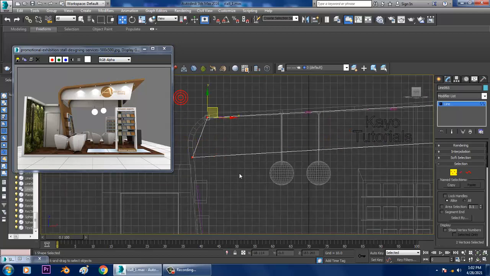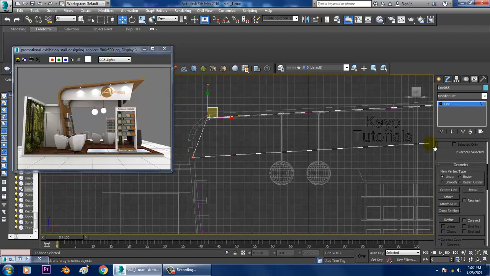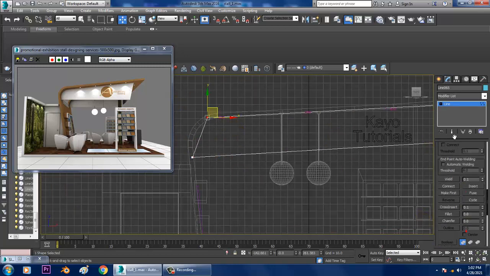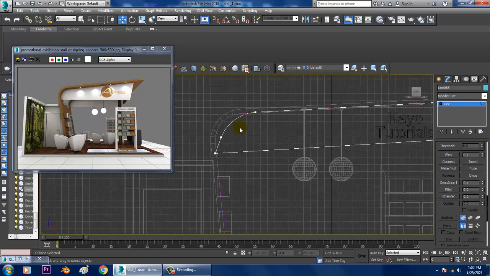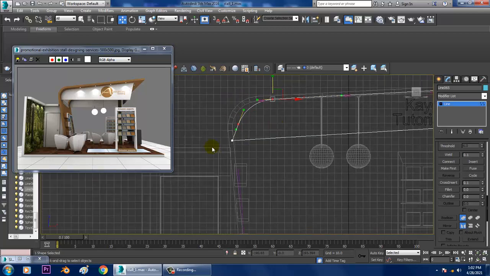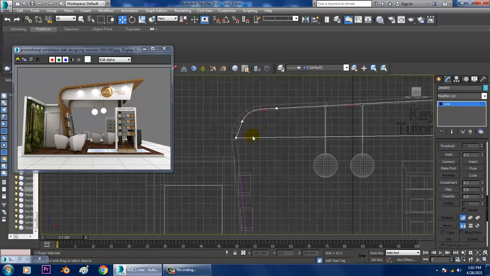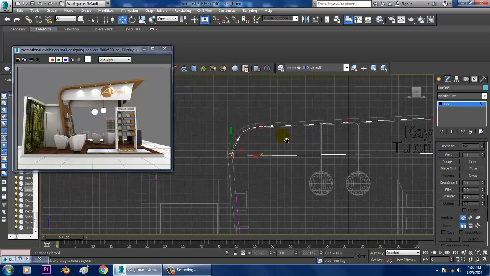So select this part and you can just select the top one, and let's give a select. So what I can do over here is I can definitely shuffle this up and I can also shuffle this and make it more straight. So that can be done over here.